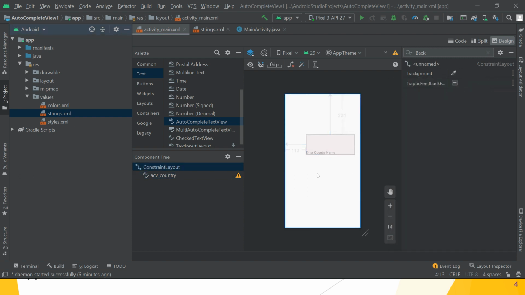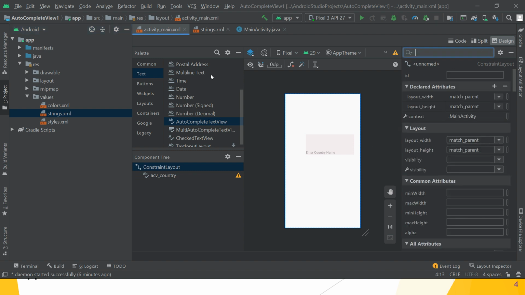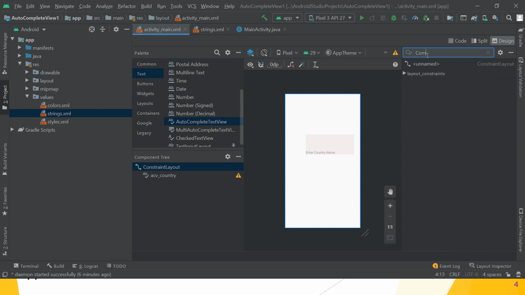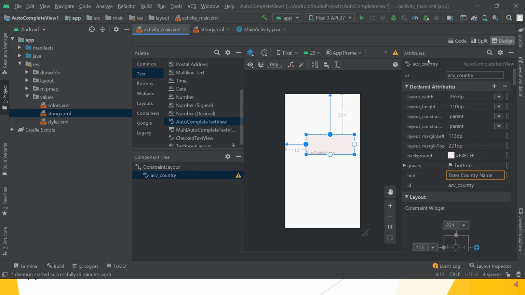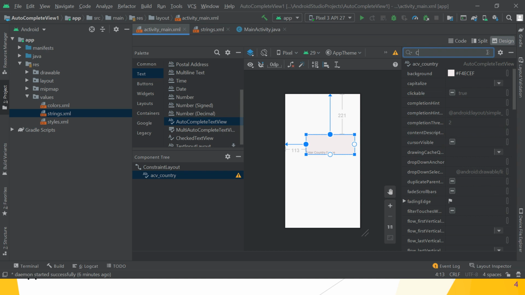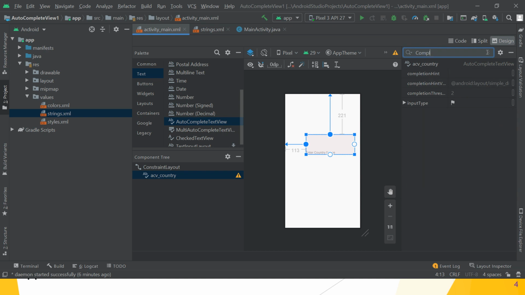There are a number of properties for the autocomplete text view. In that, which one is the most important? That is the completion threshold. First choose your autocomplete text box and then find the attribute, completion threshold.